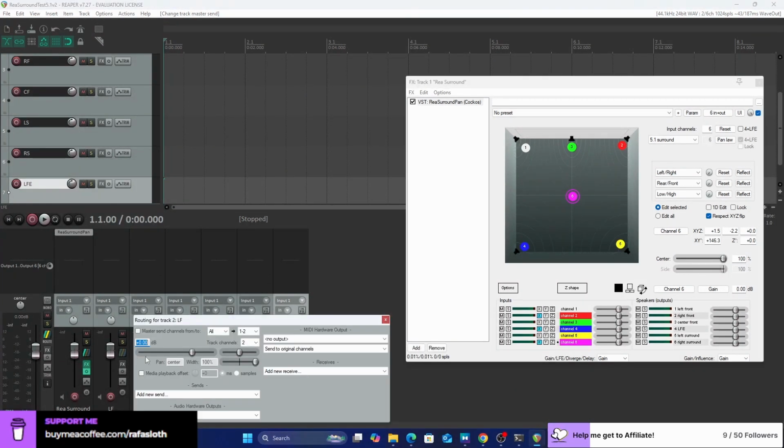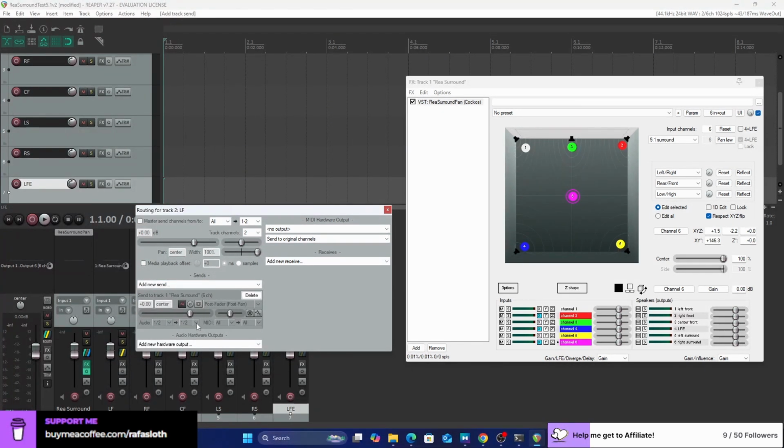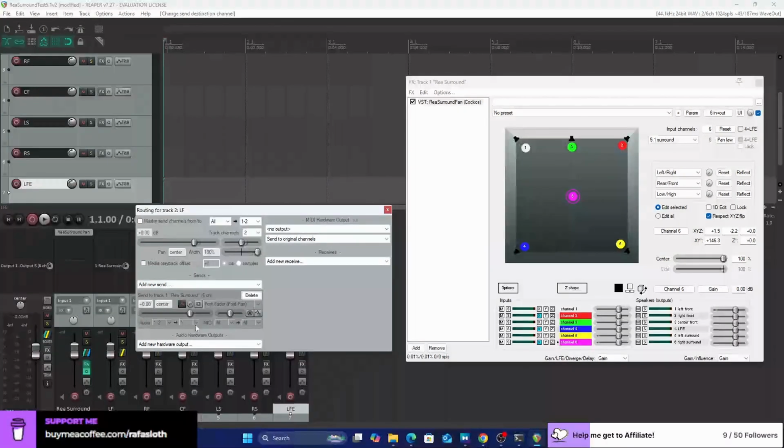Okay, this is left front. So left front is channel 1. So I have to add a new send to the surround.